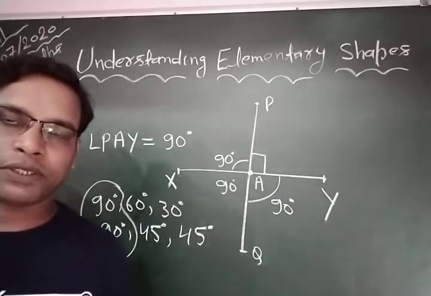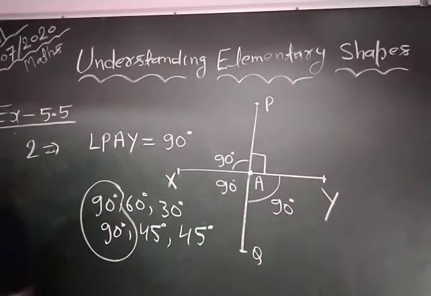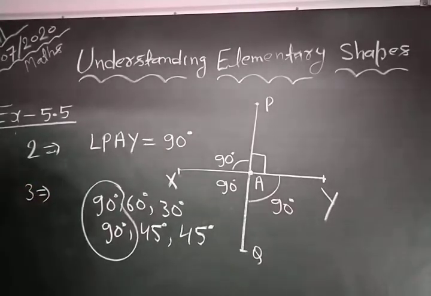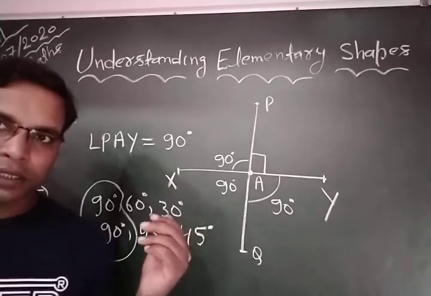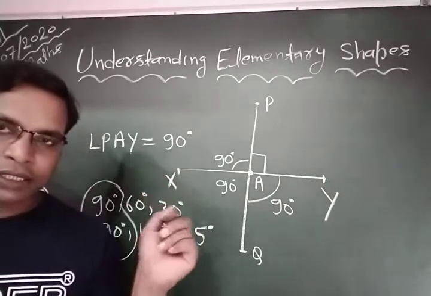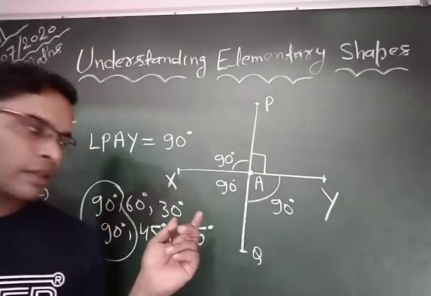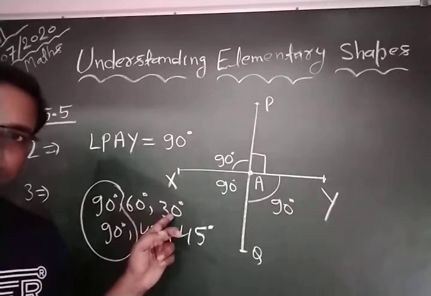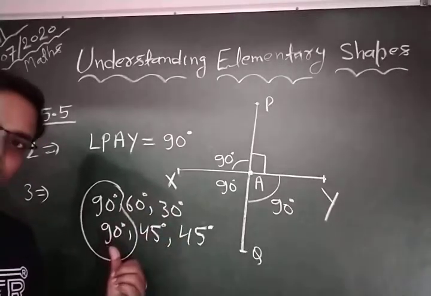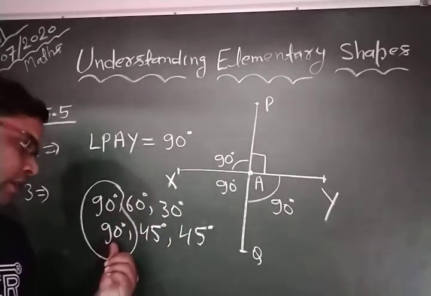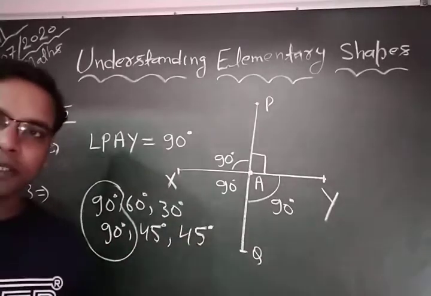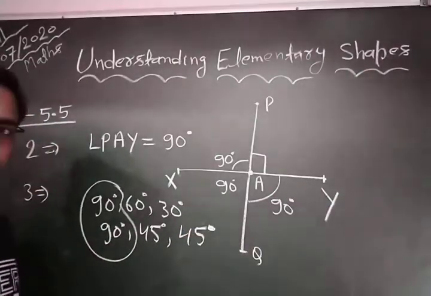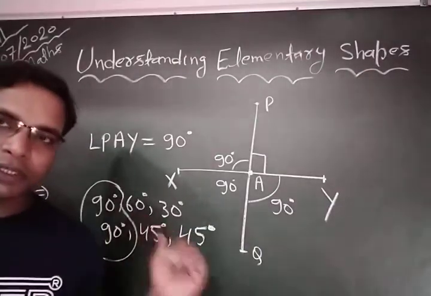Okay, so I think all of you understood. This is question number 3. In your geometry box, you have two instruments like the triangle. These are called set squares. The angles of one set square are 90 degrees, 60 degrees, and 30 degrees. And the angles of the next set square are 90 degrees, 45 degrees, and 45 degrees. Which angle do they have in common? You can see 90 degrees is common between both set squares.